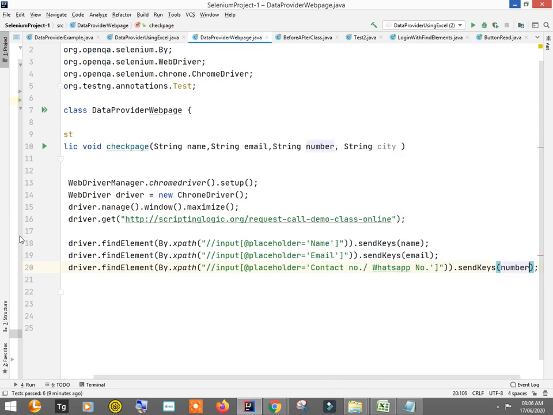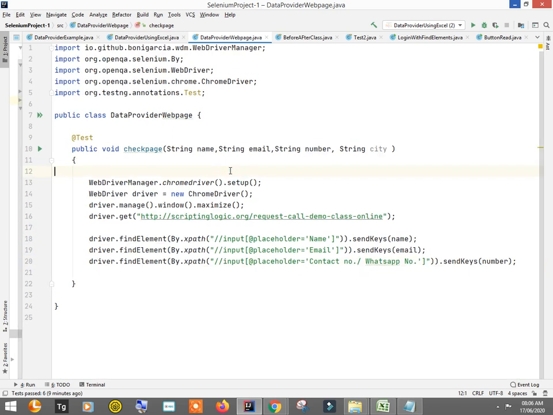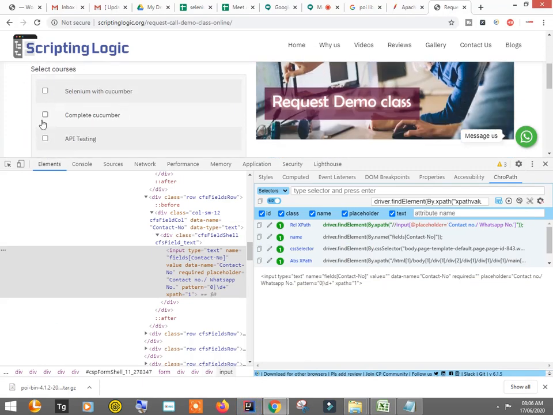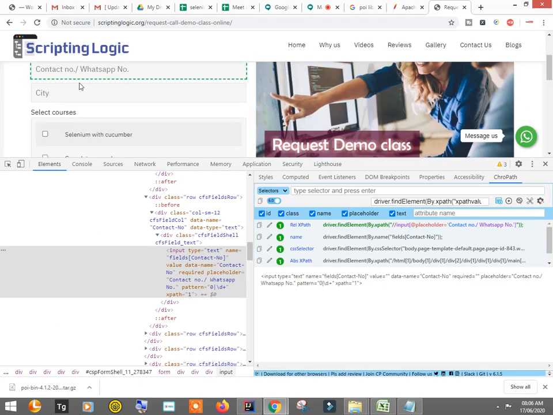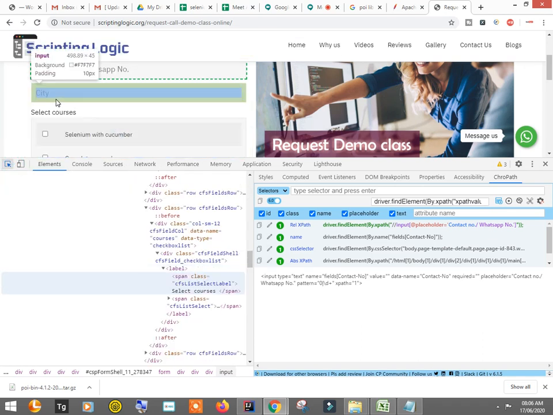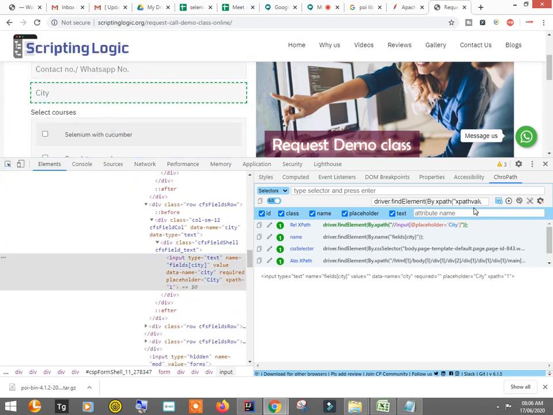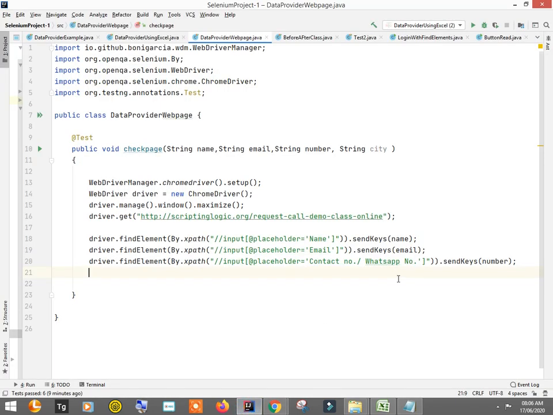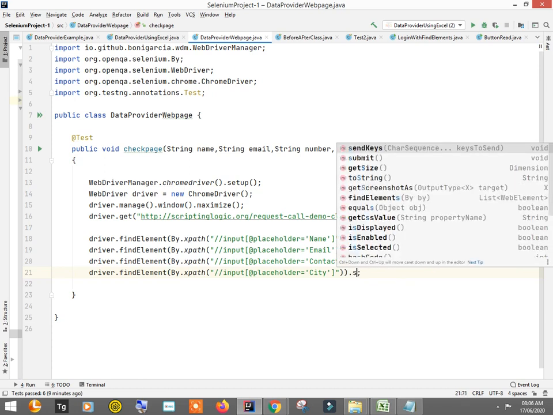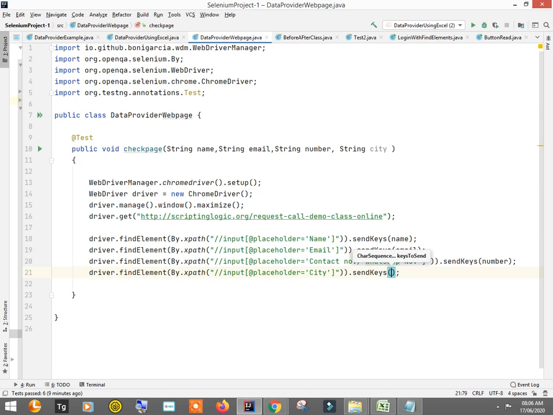So now on the next line, the last one, I'm not going to do the rest of the things, I'll just fill up the text boxes like this. So you got this, copy this and paste it here, dot send keys, and it is city, right?